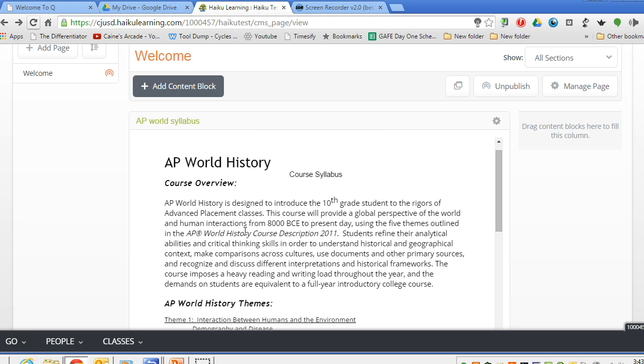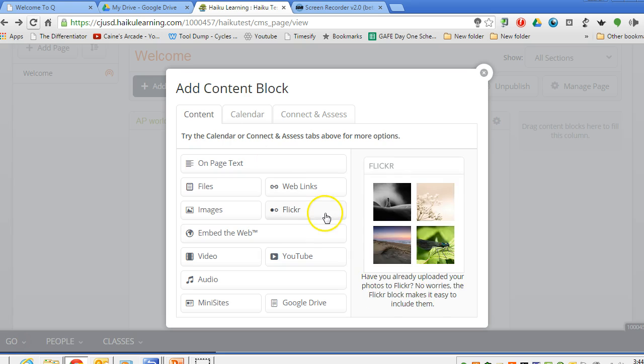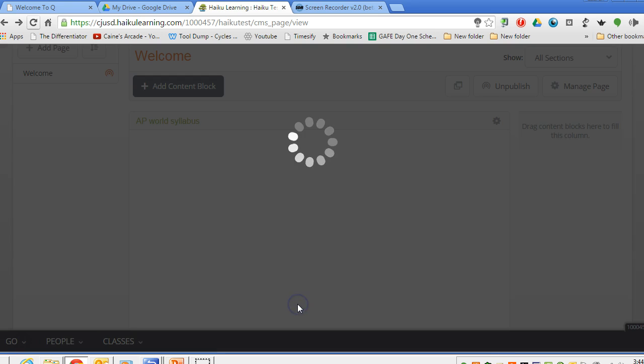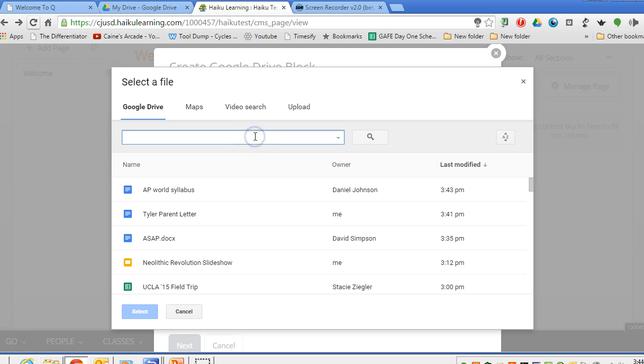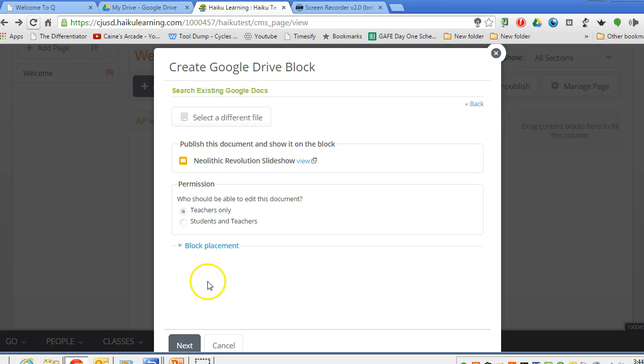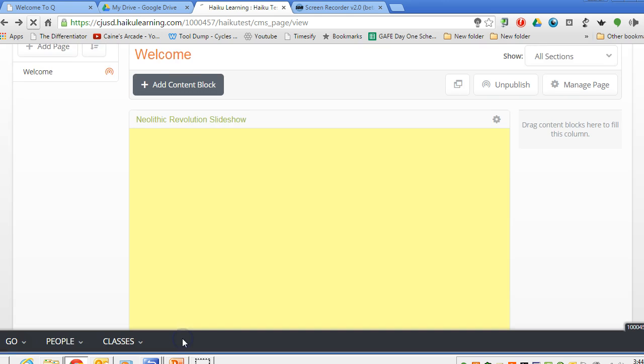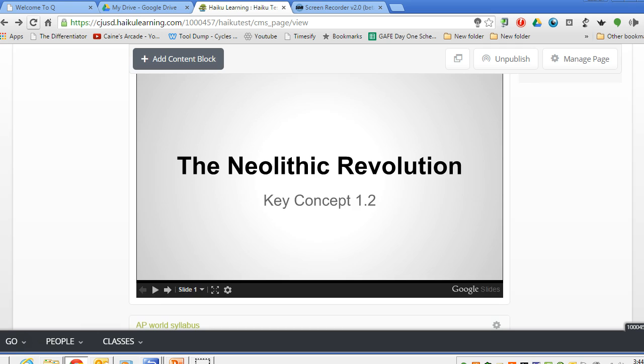Do you want to add a link to the file, or do you want to add the actual file where kids can view it on your page? I typically add the links, but I do love to add my slideshows or my PowerPoints using the Google Drive option. So let me show you how that works. If I add content block, I choose from my Google Drive. And this time I'm going to pick, I have a PowerPoint on the Neolithic Revolution. I start typing it, I find it, I press next,